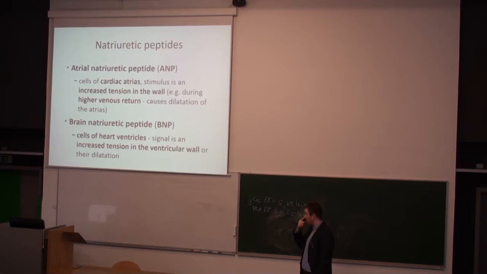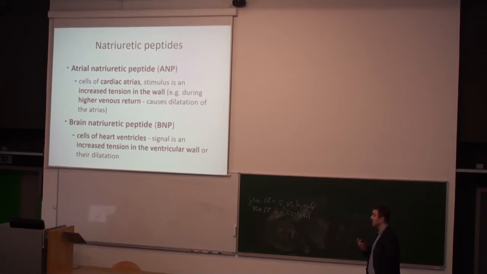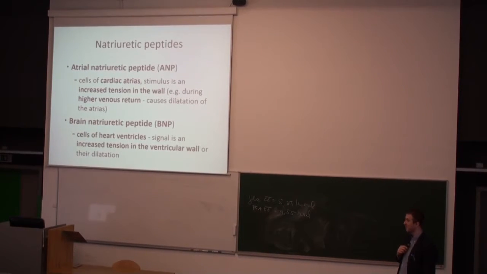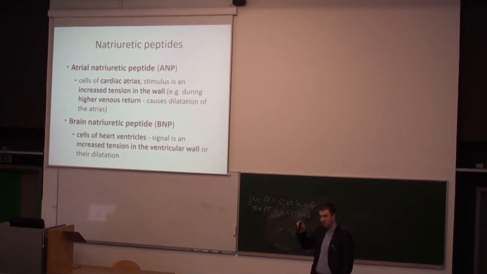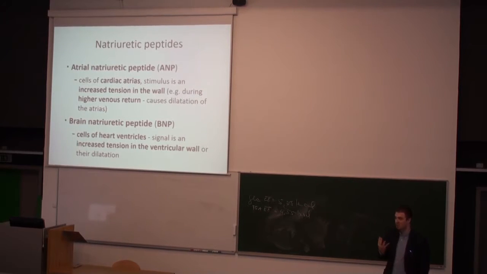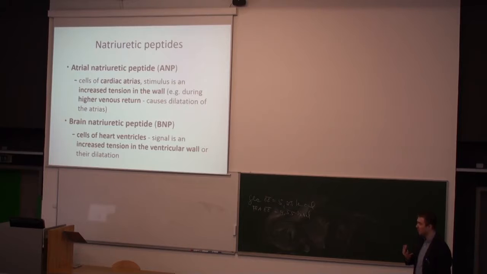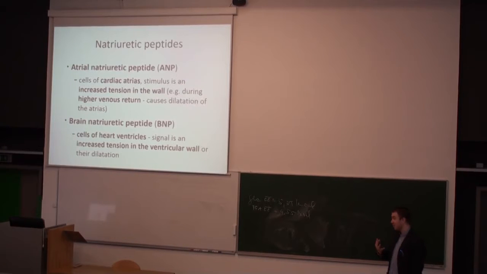One way you can see that these hormones really exist is by going to the swimming pool. Have you heard this funny story? No. If you go into the swimming pool, then the water where you are inside will of course make a pressure on you. That means that the water from the interstitial space will be forced to come into the blood circulation, therefore increasing the amount of blood coming to the heart, causing dilation of the heart, and the heart will react to this by generating these natriuretic peptides.